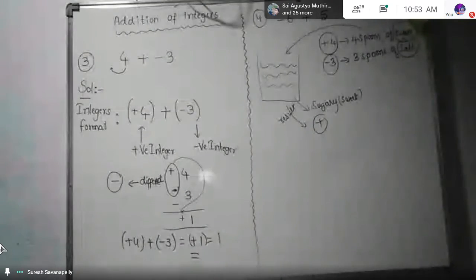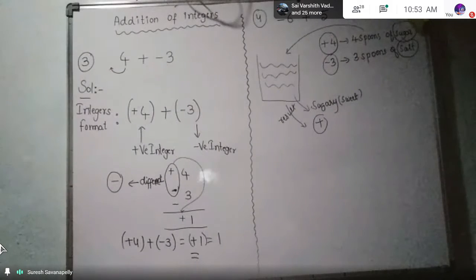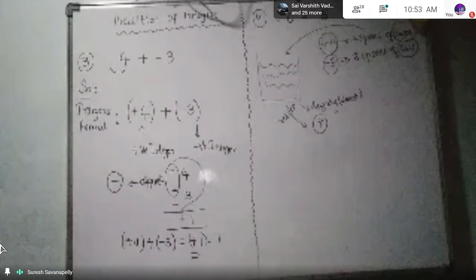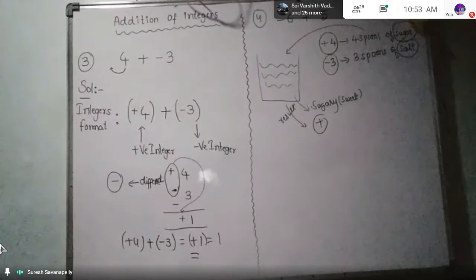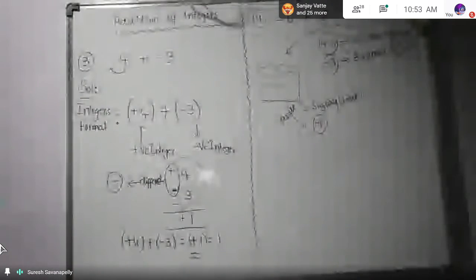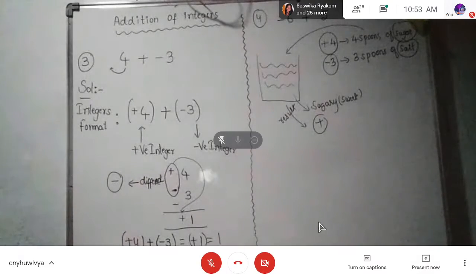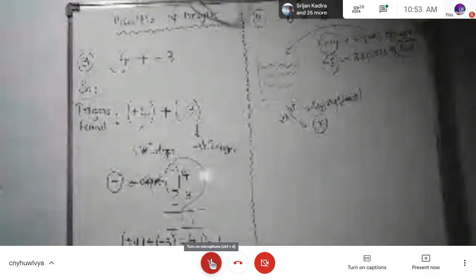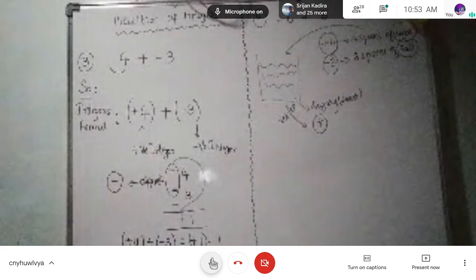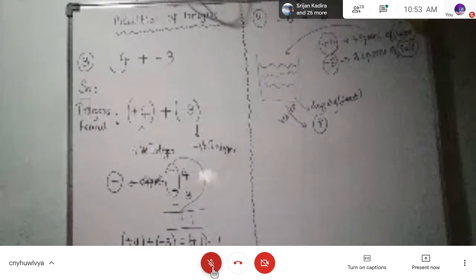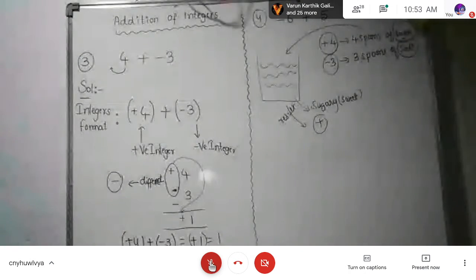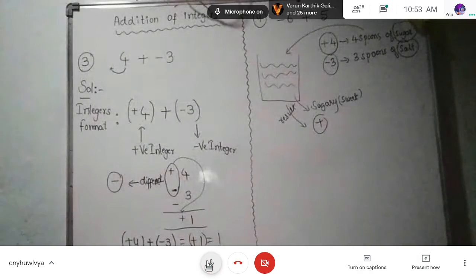It is better. See, if it is a long question, no need of writing the question, because it will take more time. But if it is a short question, if it is small, then you can write that too with the black pen, and please compulsorily mention which section and which question number. A question or answer without a question number will not be considered as an answer. I will simply not award any marks for that. I will award 0 marks to it.